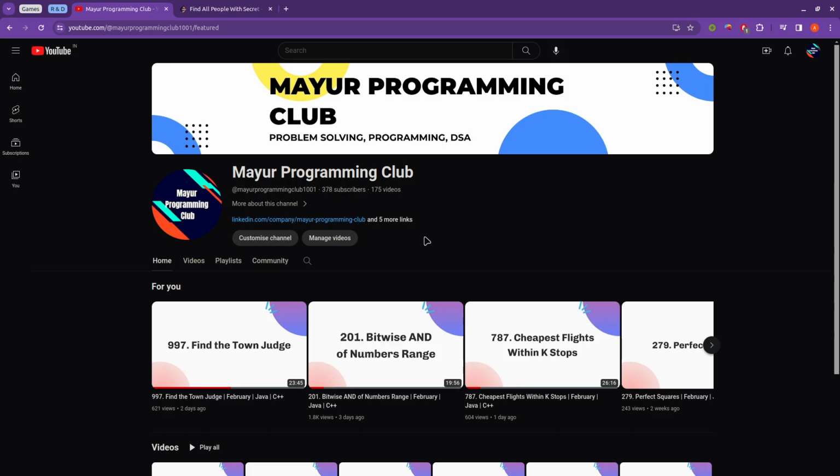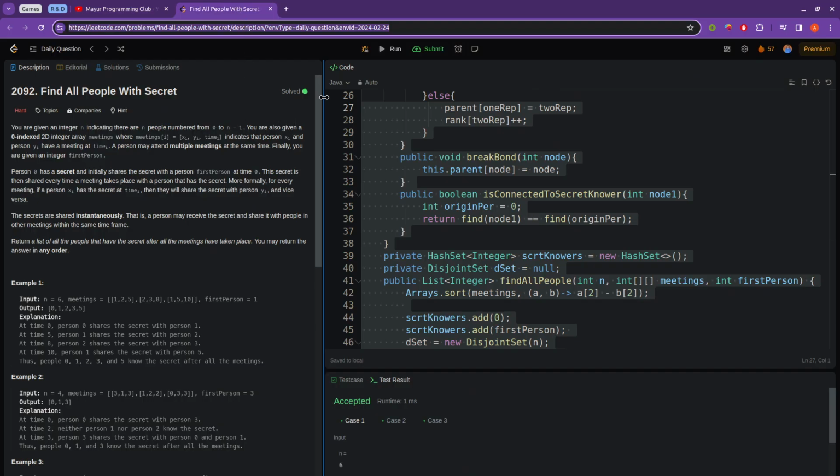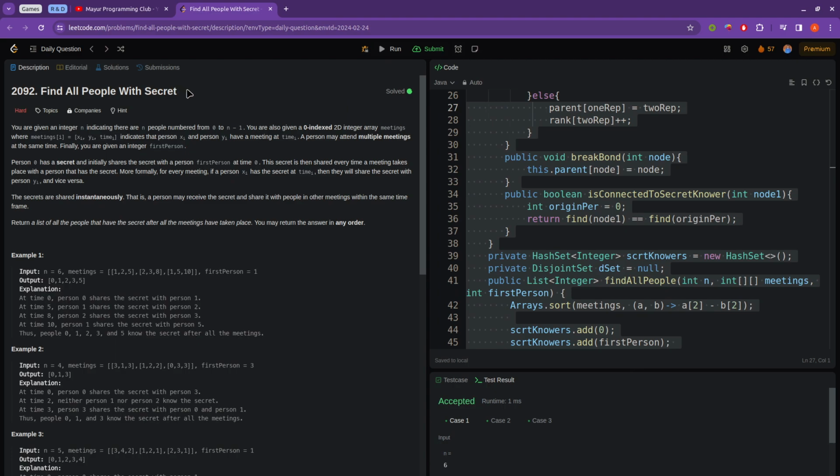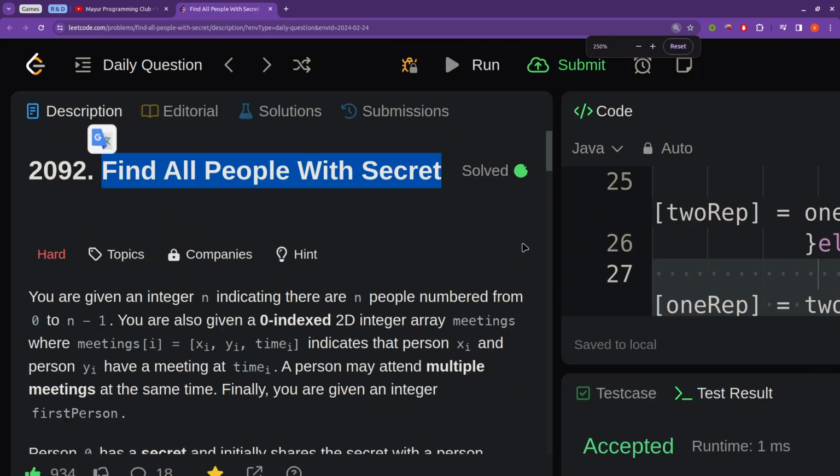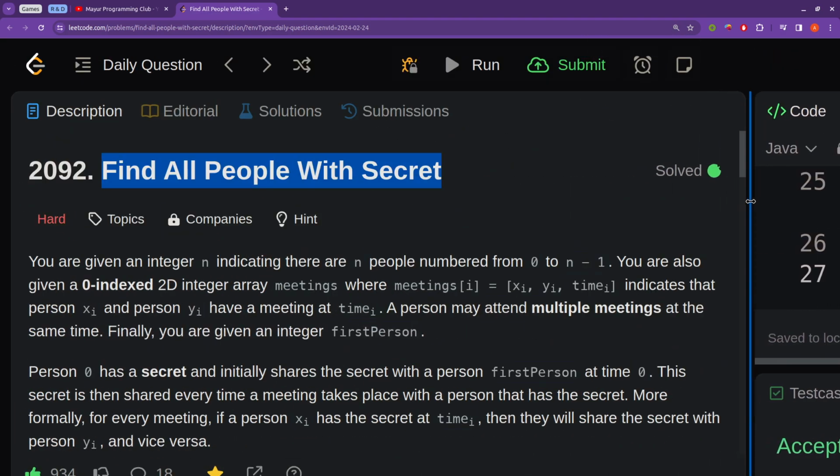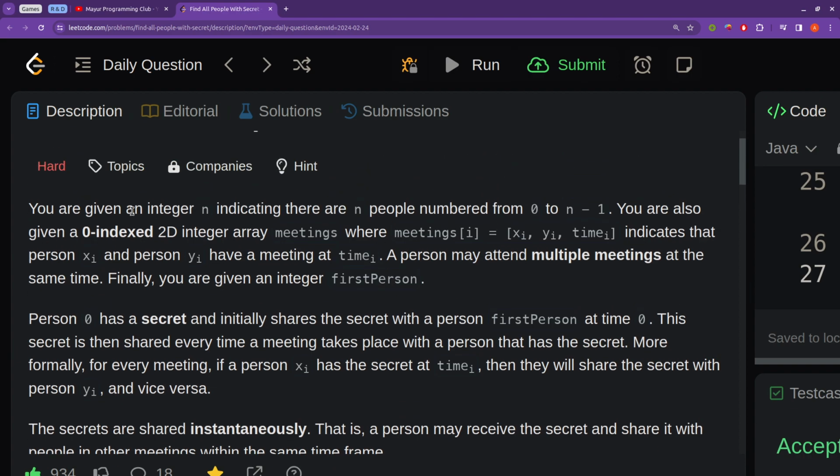Today we will be solving another daily Leetcode problem, and the problem's name is find all the people with secret. So the problem statement goes like this. There are n people numbered from 0 to n minus 1, okay,